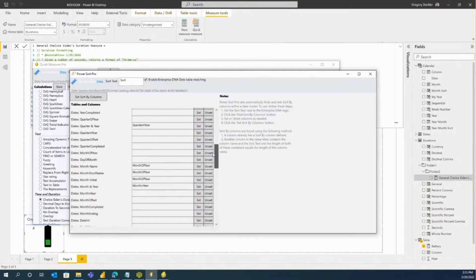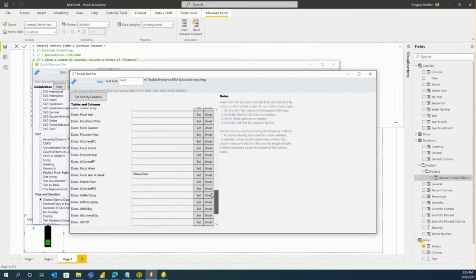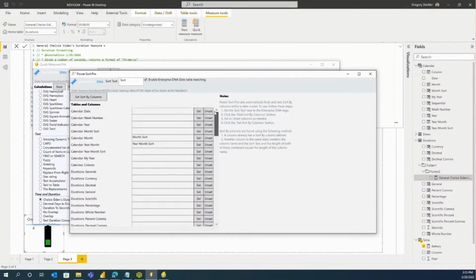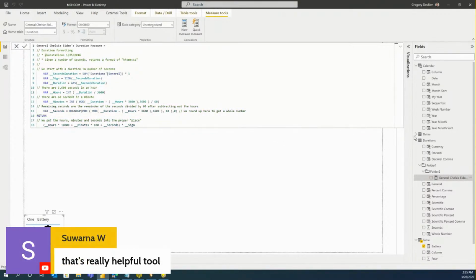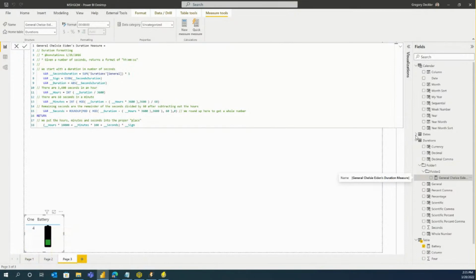And if I scroll down here, you can see that it's found all of these date table columns and figured out what their sort by columns should be. And then all I have to do is hit set sort by columns. Maybe, yep, there, finished. And then in my model over here, once it works on it and configures it, again, updating metadata for columns is technically,